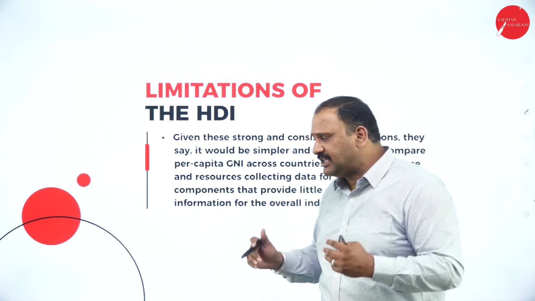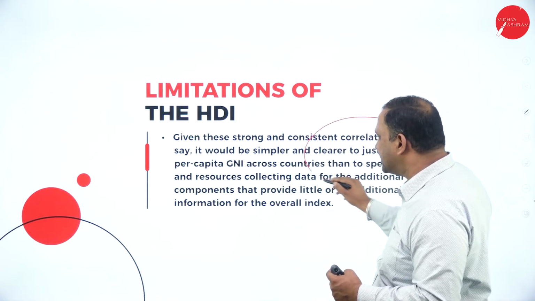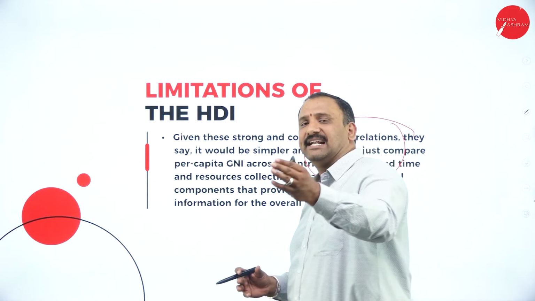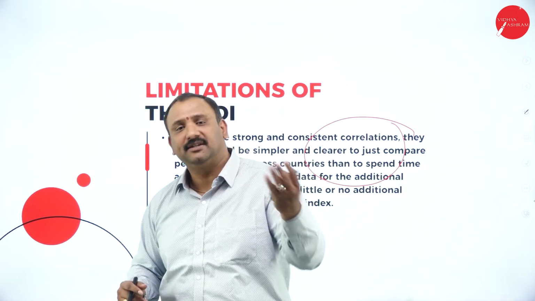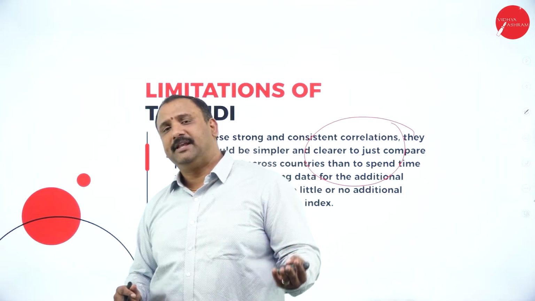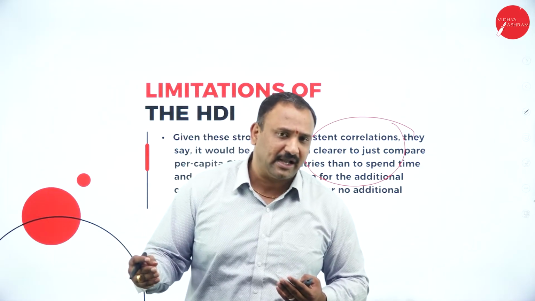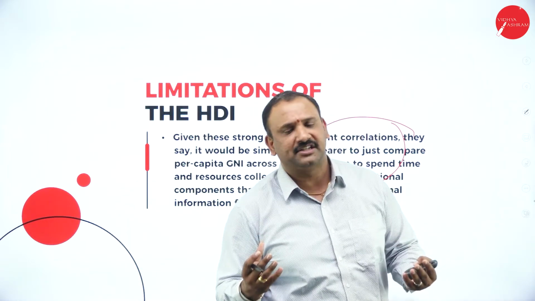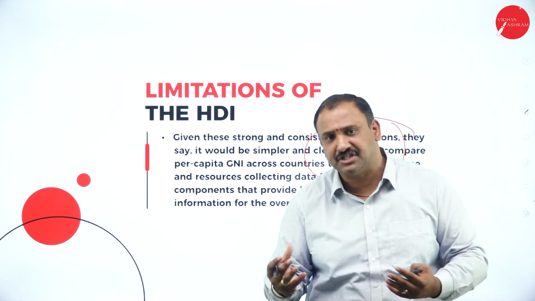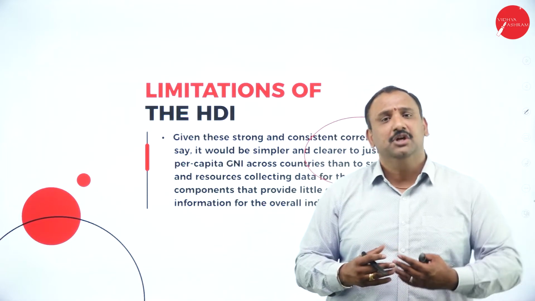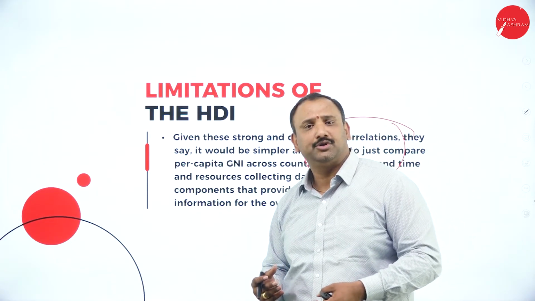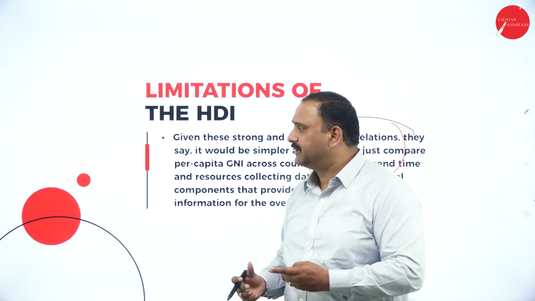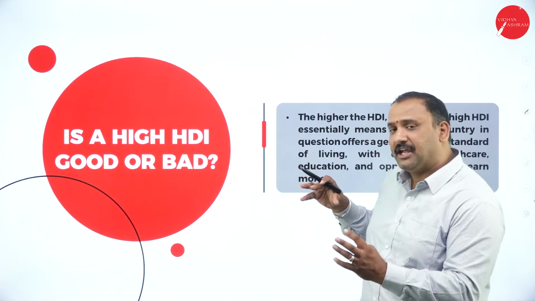Followed by, given these strong and consistent correlations, it would be simpler and clear that the per capita income is a direct valuation of your country. The higher the standard of living, the higher will be the income. So it's a very, very straight line correlation, and definitely if you start looking into this factor, all these countries will have organizations which pay very high to their citizens. So automatically the standard of living would also be good, and people would directly get linked in terms of the per capita income.